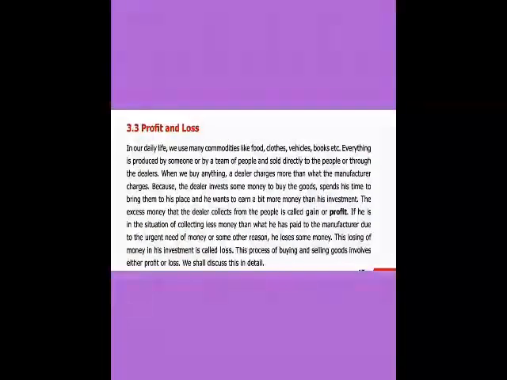Next, we are moving on to profit and loss. What is profit? The excess money the dealer collects from the people is called profit. If you are going to a shop, there is a shopkeeper. We are going to purchase a dress. Okay, the dress amount is 680. If you bargain, they will give it at 540. Then there is a loss for the seller. That amount is called profit or loss. Okay, this is the way they find the profit and loss.